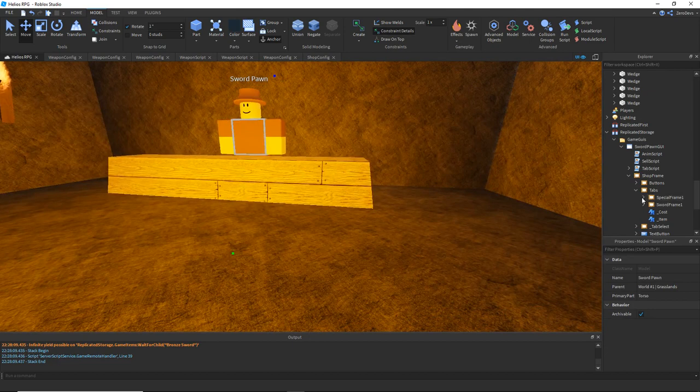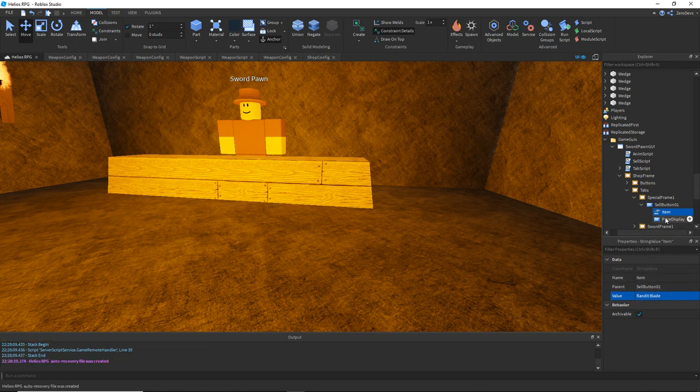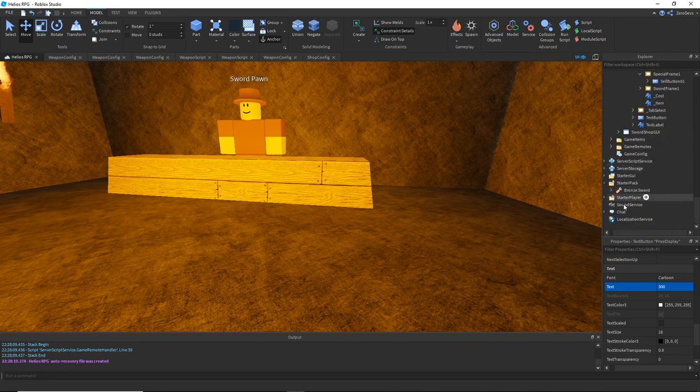I go into special frame 1, sell button 1 in item. I can click, change this to say bandit blade. Price on display. So just to show how much it's gonna sell for, so say we wanted this to say, like, I don't know, 300, our bandit blade will sell for. Think that's all you have to do, although maybe, actually,